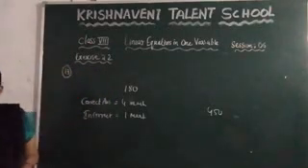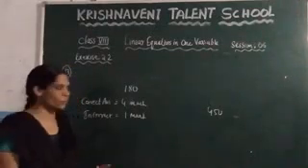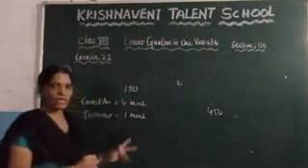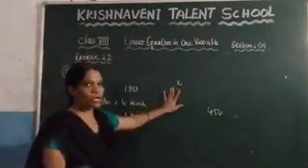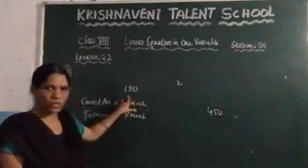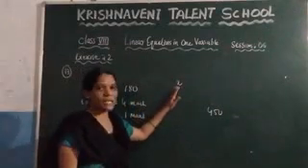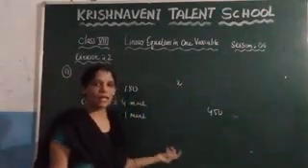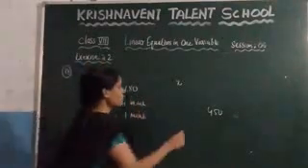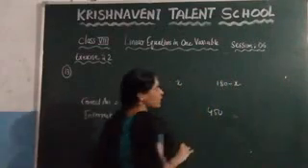For this, what we need to find, you don't know how many questions he answered correctly. So let us consider the number of correct answers to be x. If the number of correct answers is x, the number of incorrect answers is 180 minus x, because we know the total number of questions is 180. You just need to reduce x from 180, so you get 180 minus x. These are the incorrect answers.